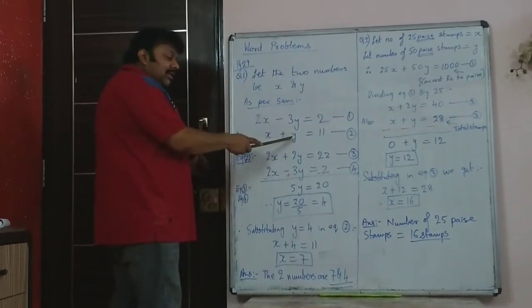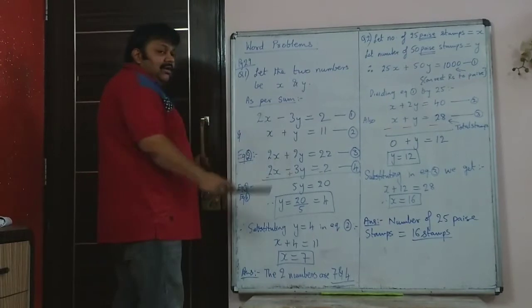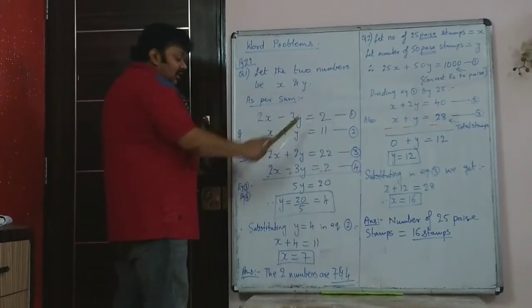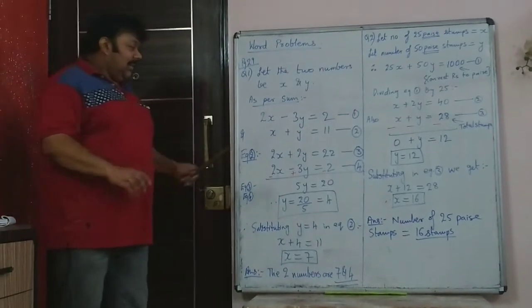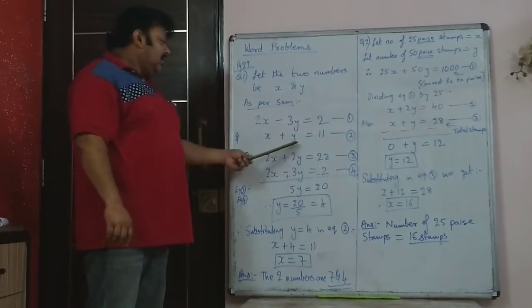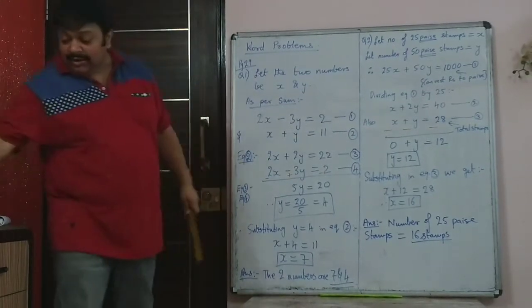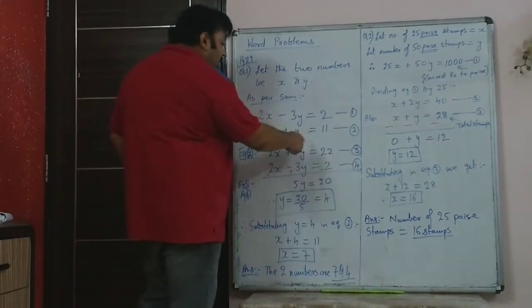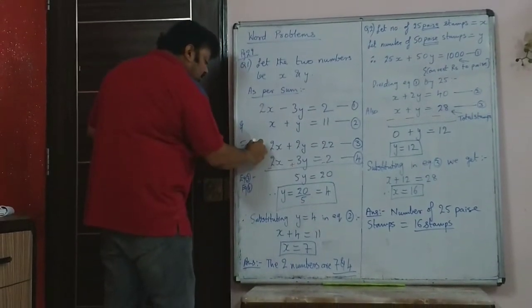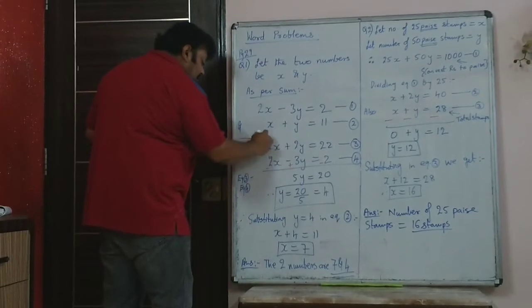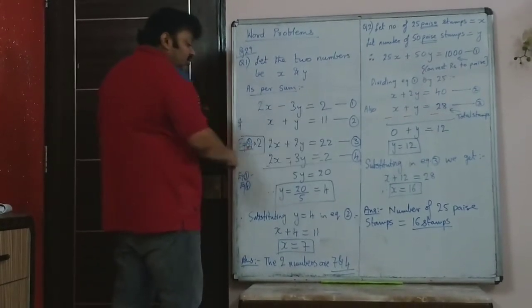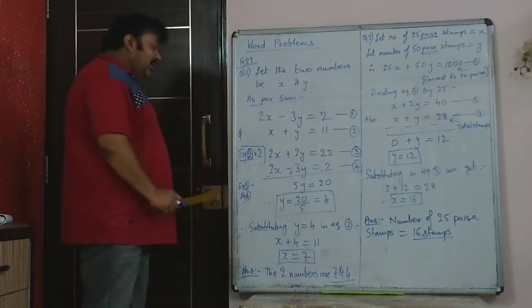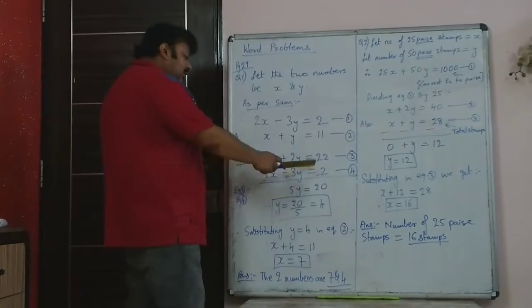Or I can even multiply it by the number 3 and get rid of y. So I have done a multiplication of equation 1 by number 2. So when equation 2 is multiplied by number 2, you get 2x plus 2y is 22. So this is equation 2 into 2. This gives you 2x plus 2y is 22. Then rewritten equation 1 just below that is 2x minus 3y is equal to 2.